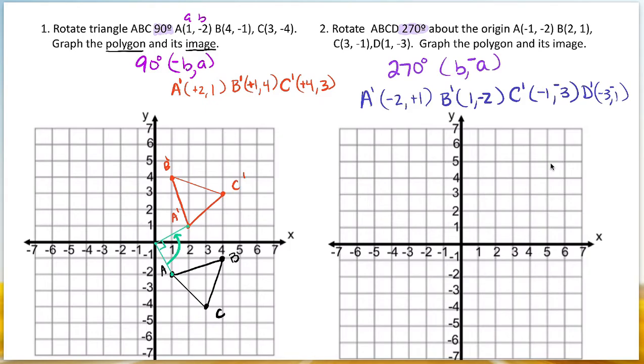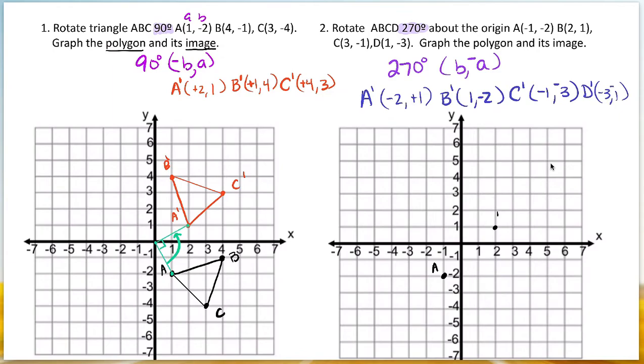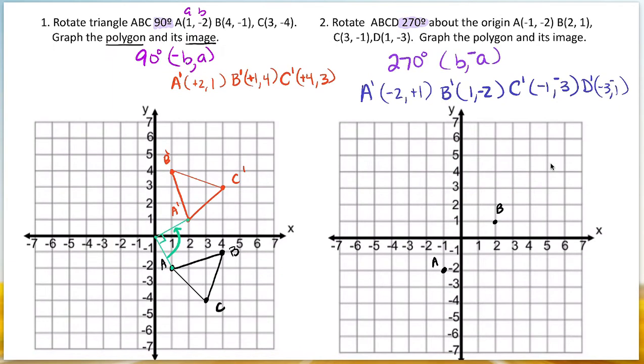So we've got our points now, and we want to graph the original and the new. So graphing the original at -1, -2, there's your A. B is at 2, 1. C is at 3, -1. And D is at 1, -3. And it's A, B, C, D, so you connect the dots, forming A to B, B to C, C to D, and then connecting back D and A. So we have our quadrilateral there,